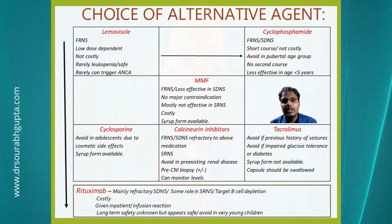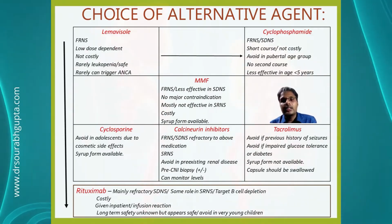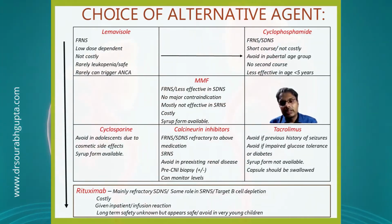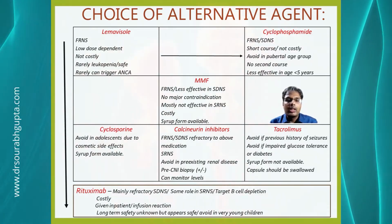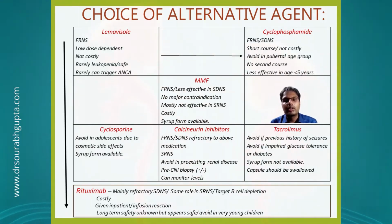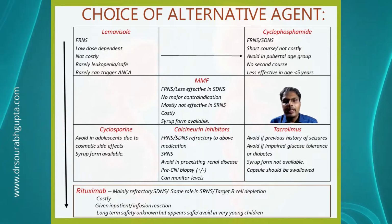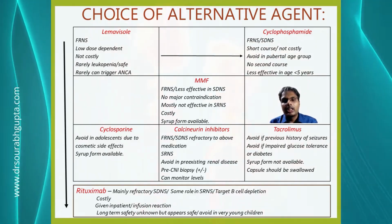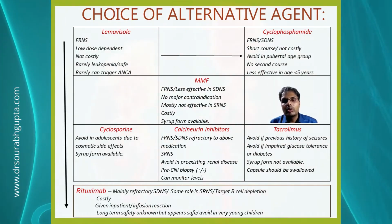Rituximab is a very good agent for refractory steroid-dependent nephrotic syndrome, what we call difficult-to-treat, or sometimes in steroid-resistant nephrotic syndrome. One should give it by targeting B cell depletion. Mostly the doses are given 1 to 4 doses, 1 week apart, at a dose of 375 mg per meter square. It used to be costly, and the cost is coming down, and with more and more data coming up,